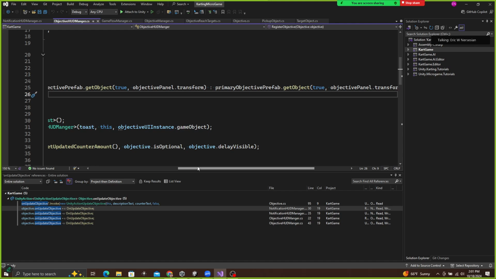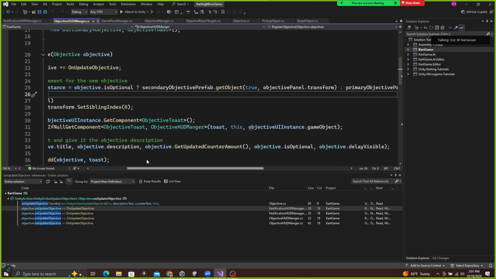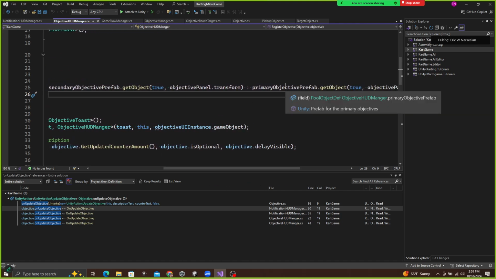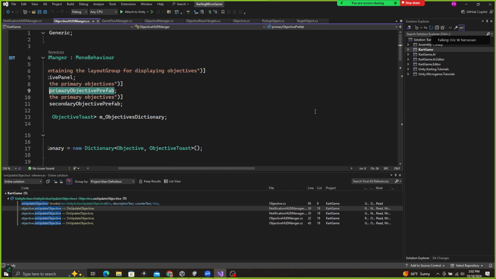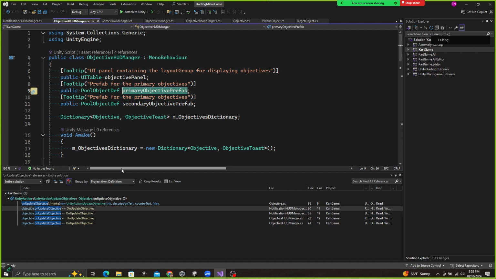So they're also doing a little pooling thing. So I have to take a look. Yeah, so they're not calling a prefab directly. They're going to this pooling object definition. So I think if I take a look at that,